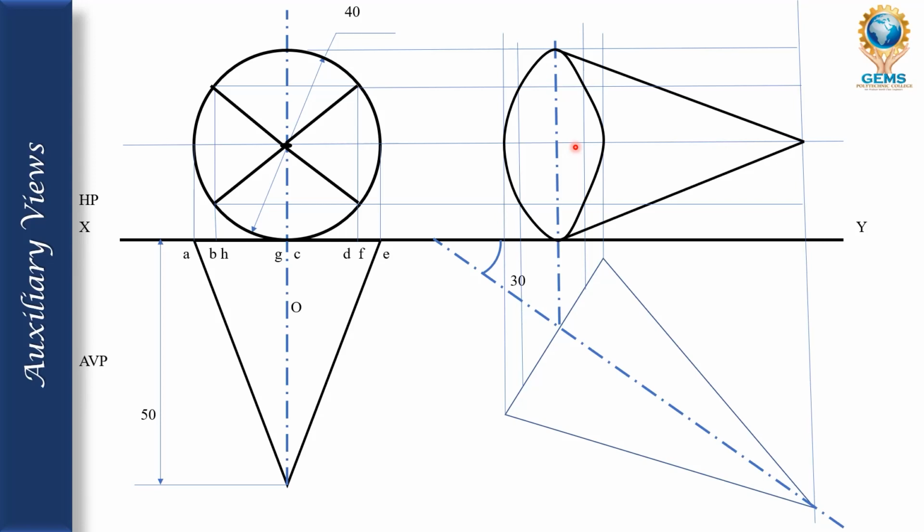In the sum it is given that the cone lies on its base, with one of its points on the base of the HP. That's why the circle we have drawn here. The cone circle must come here because in the sum it is given that it lies so. One of the points touches. See here the center point, one of the points is touching here. Again I'm telling you it is roughly only, it is not the right dimension. Okay, so now the diagram is finished, so you can understand how we have drawn it.